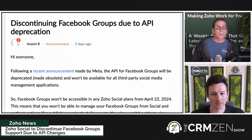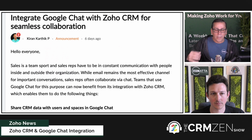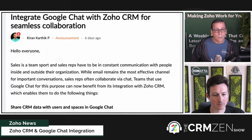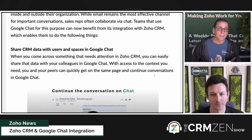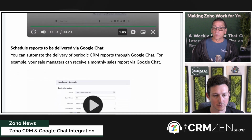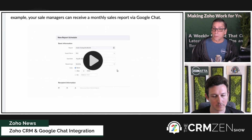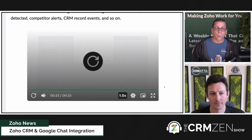All right, and moving on with the news in Zoho News. This is kind of cool. If you're a Google Chat user, basically Zoho has made it so almost anything you could do in Click, it seems like you're now able to do in Google Chat. You can basically post conversations. You can have workflows that drop in various things. The workflows is the big one as I was going through here. The fact that you can do automatic notifications through workflows